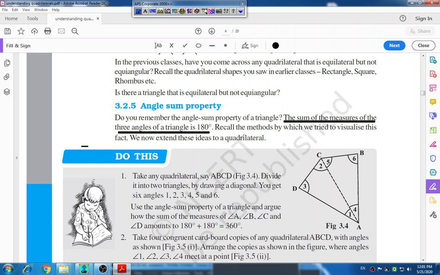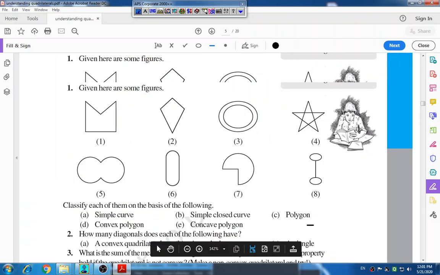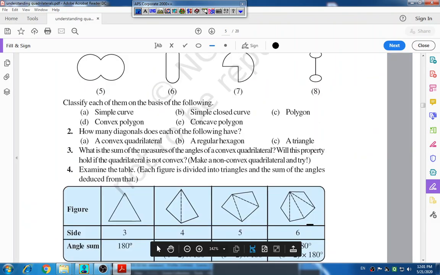Okay. From this we are going to study exercise 3.1. Look at here, students, this exercise 3.1 is very big and very important from the point of view of our exam, and it is very important for our next standard also. It is very important for the board exam. So without wasting your time, start to solve exercise 3.1 in your notebook.